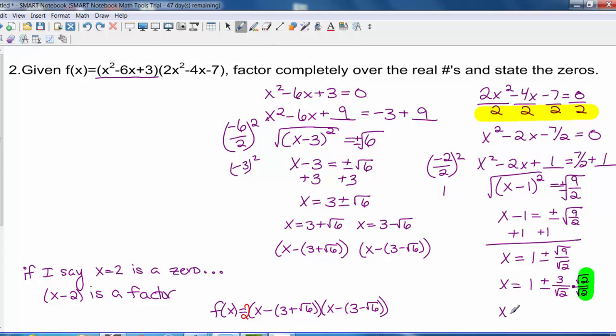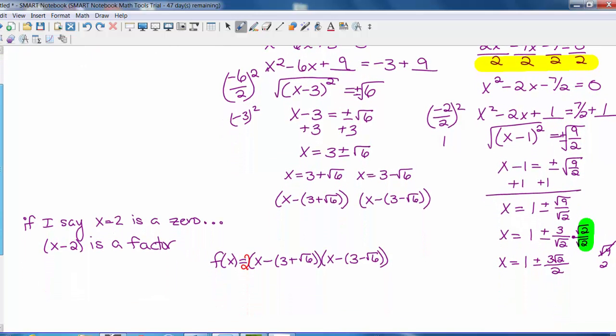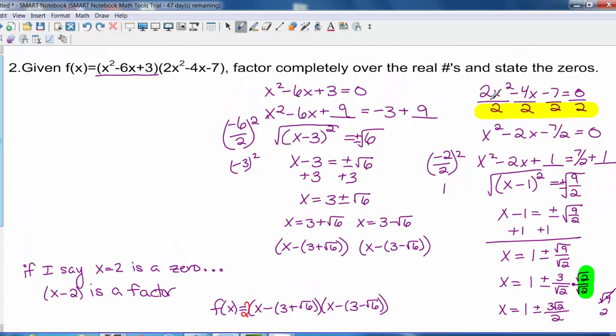So I could rewrite this as x equals 1 plus or minus 3 times the square root of 2 would be 3 square roots of 2. We can't multiply these because that's a radicand and that's a not. Over the square root of 2 times the square root of 2 would be the square root of 4, and the square root of 4 is just 2. Okay, so there I have found my zeros for this